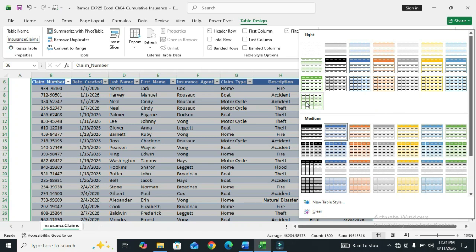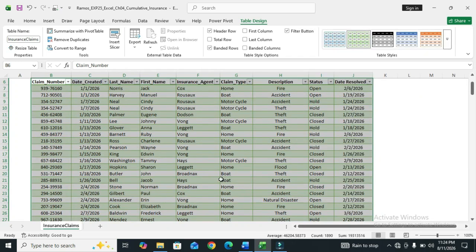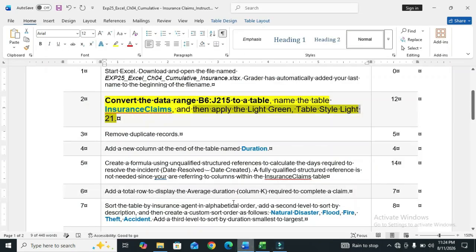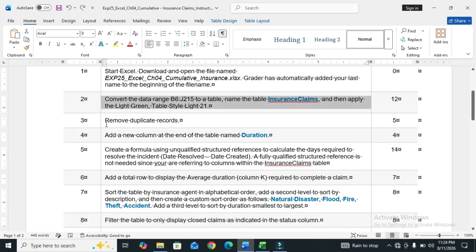So click on this. This step has also been done. So step number 2 has been done. We move to step number 3.